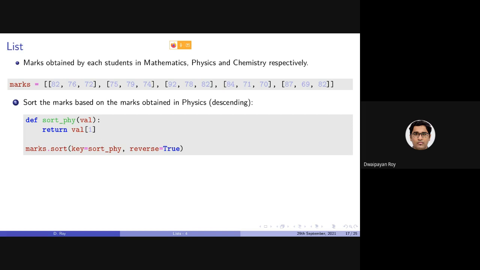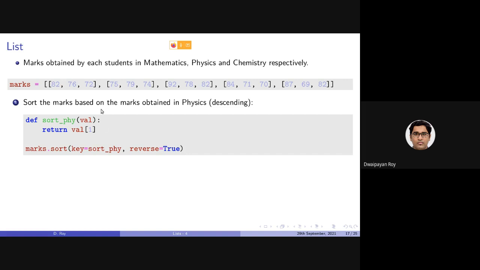Just to give you a hint of what's happening here, I'm calling this sort function on marks, where I'm specifying the key equals to a function name. In this sort phy function, I am providing a list. Here val is a list, and we are returning the item based on which the sorting will happen.